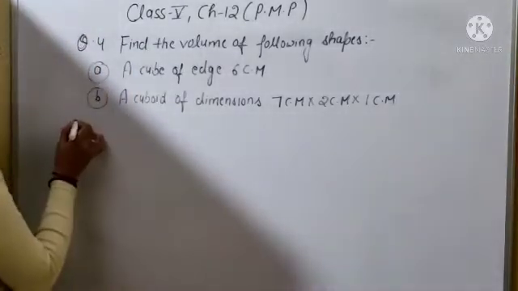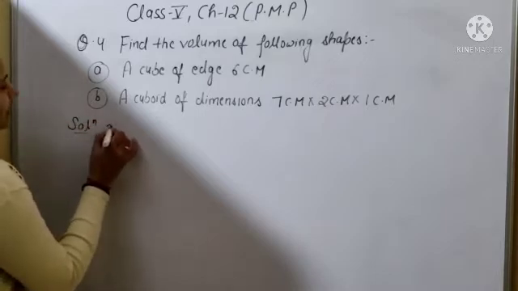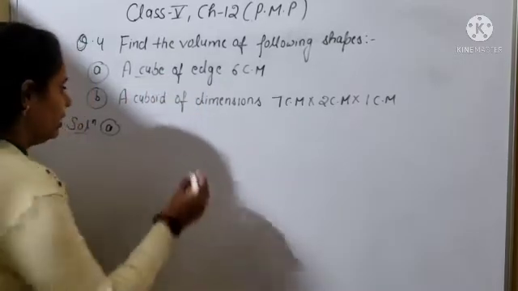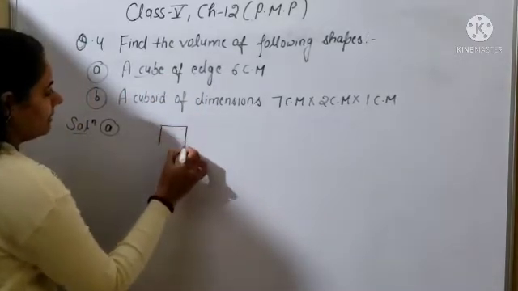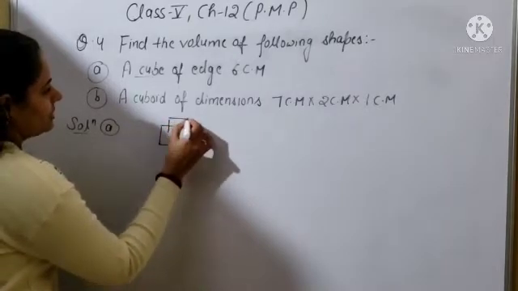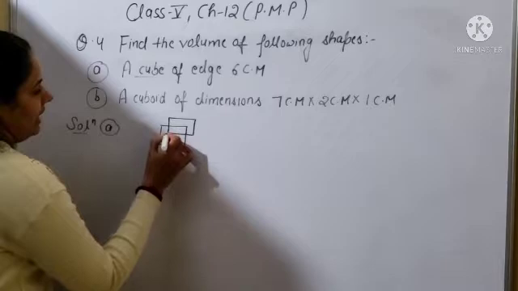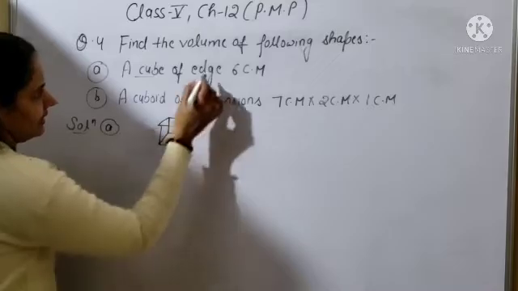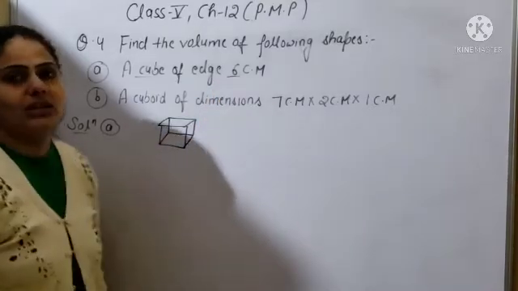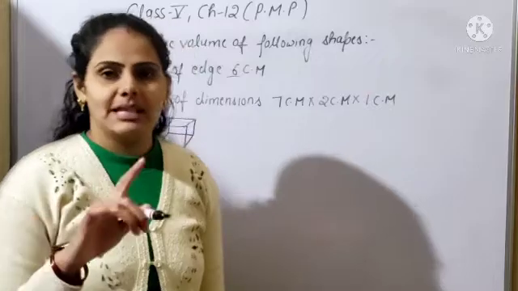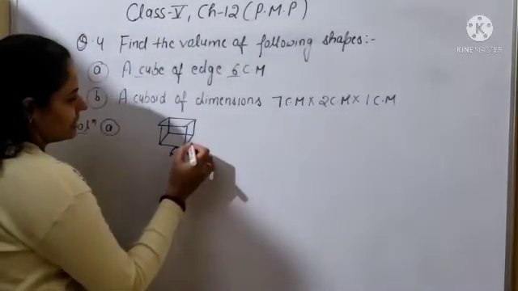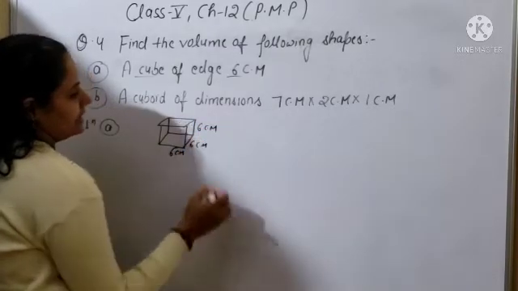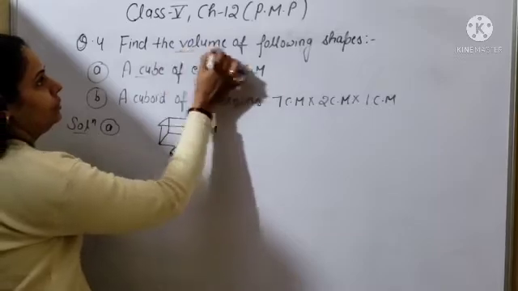So we will do our first question, question number 1, first part. It is given a cube of edge 6 centimeter. So what will the cube be? The cube will be like that. This is also a 3D shape whose base is like a square. You can see this one is your cube and the sides of the cube are given 6 centimeter, and you know very well all the dimensions, length, breadth and height, will be the same in the cube. So this one will also be 6 centimeter, this one is also 6 centimeter and this one is also 6 centimeter, and you have to find out the volume of the cube.